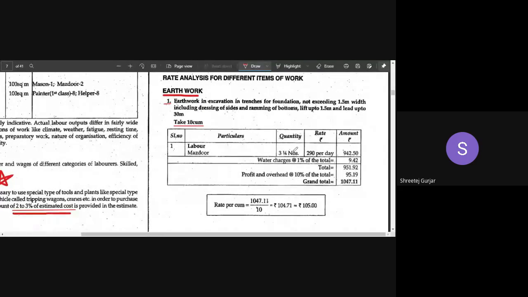So what we can do is remember this particular rate. Per cubic meter rate, you can remember 105, and depending upon this you can reverse engineer and set all these values, and make sure that your final answer is in terms of 105. It may be 100, it may be more than 100, 110, 120, 115, it doesn't matter, because I've told you the rate varies from time to time, place to place. So then they cannot tell you that the rate you have taken is wrong. But make sure that you take some reasonable rate.